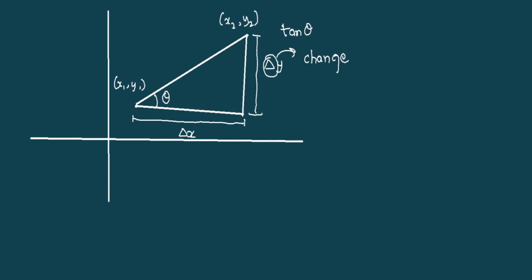So slope in this particular case is going to be the change in y, which is nothing but y2 minus y1, that is this particular distance divided by the change in the x coordinate, which is this particular distance, which is x2 minus x1, is called the slope of this particular line. Okay,